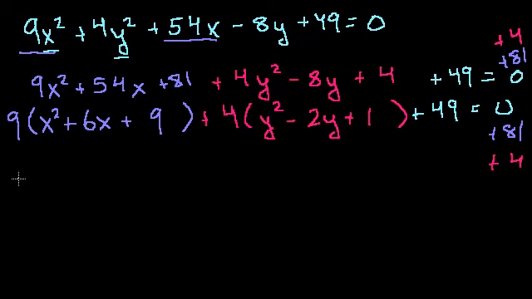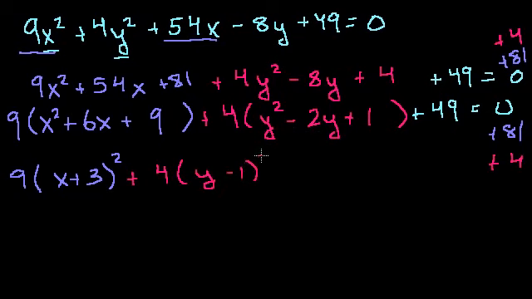This expression is 9 times what? This is the square of, you could factor this, but we did it on purpose. It's x plus 3 squared. And then we have plus 4 times, what is this right here? That's y minus 1 squared. You might want to review factoring a polynomial or completing the square if you found that step a little daunting. And then we have plus 49 is equal to 0 plus 81 plus 84 is equal